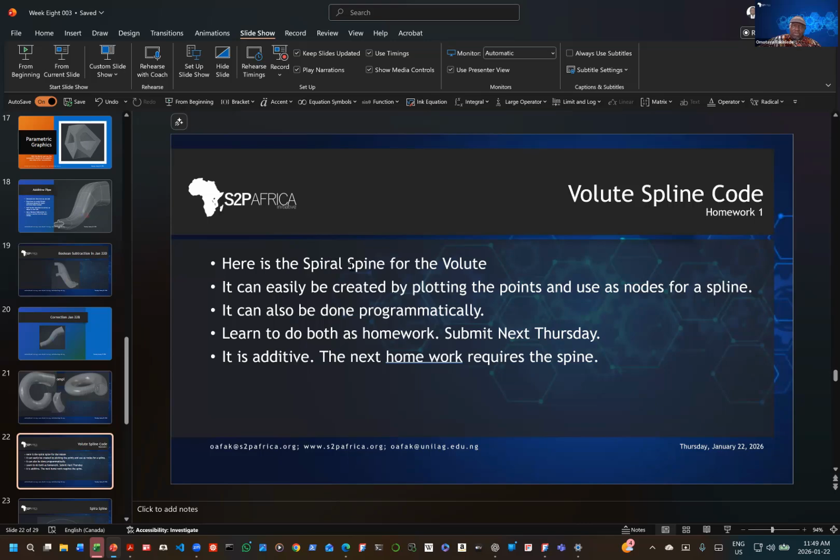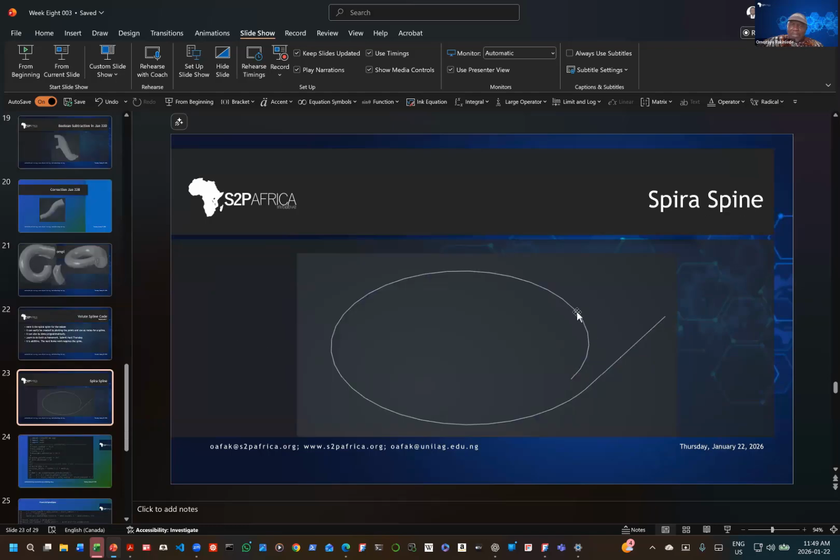So I want you to study the code, use it. Once you have that macro, run it. But study that macro so that you can write something like that yourself, because it is just a coding of the parametric equations of a spiral. That is all. And this is the spine of the spiral that you are going to get. You can see that it's looking like a circle. It's just that instead of closing, it offshoots. And after it has offshot itself, you now draw a straight line to some distance outside. This is how you begin the design